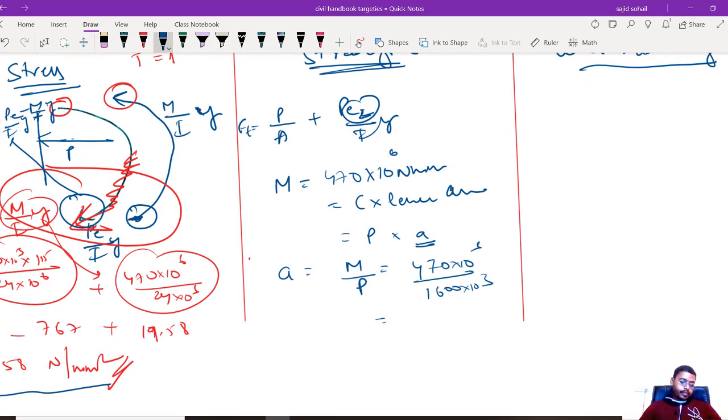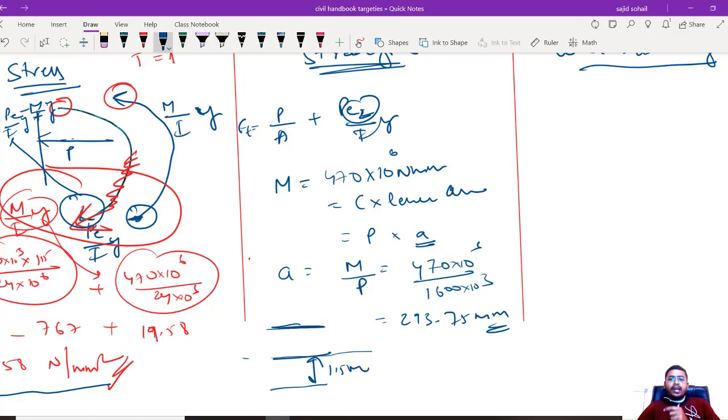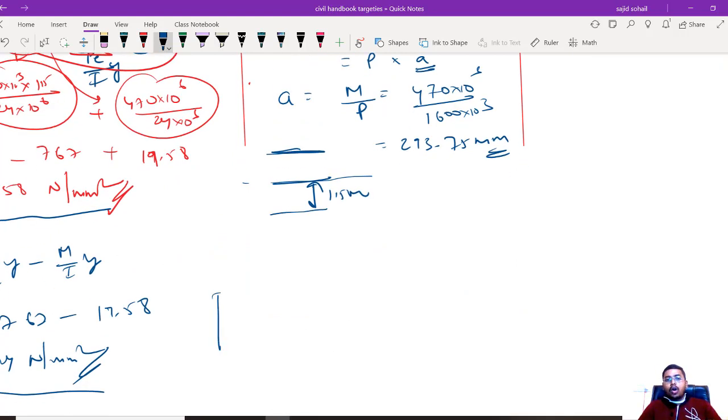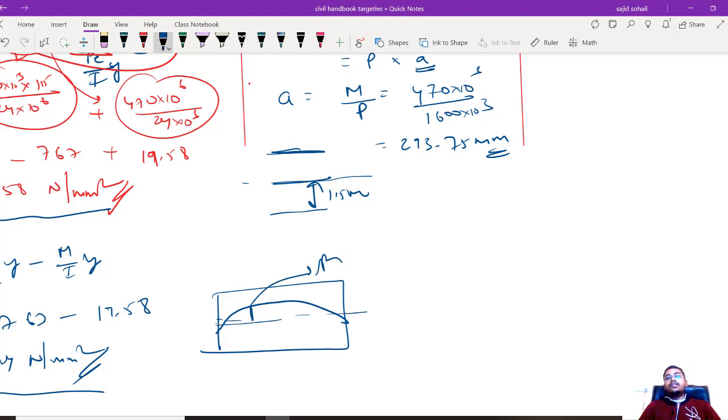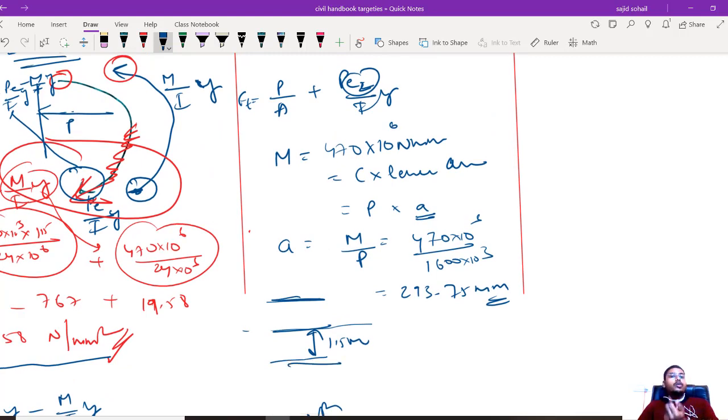What is the lever arm? How much are you getting for the lever arm? So the lever arm you will be getting as 293.75 mm. So once you get it, what will be your distance from neutral axis? I know this distance to that wire, it was clearly 115 mm. Right? I need from neutral axis to the C line. I know how the profile of it will be, right? So it will be something like this. The C line or P line will be something like this. So I want to find out, what is this distance? So very simple. Below distance, I know 115 mm.